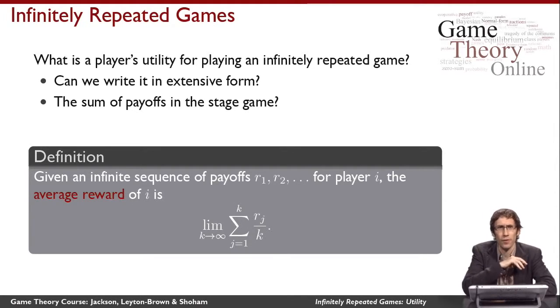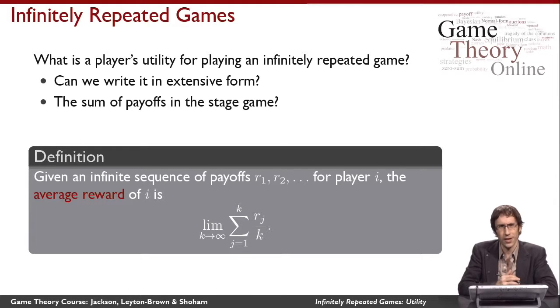Let's say for the first 100,000 iterations, I get a payoff of -1 million. And then for the rest of time after that, I get some good payoff, let's say 1 unit of utility. Then the limit of the means would be 1, because the negative payoff that I got at the beginning was only for a finite amount of time, and it washes out in the average if I go long enough out into the future. And well, that's what the math says, but that doesn't always model what we want to really